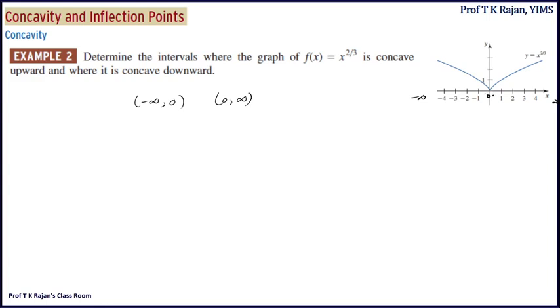It is just like a cusp point. We call it a cusp. It is again concave downward. This portion is also concave downward, and at this point f double dash does not exist. Such a point we will call later the cusp of the curve. Concave upwards, concave downwards. This is concave upwards, this is also concave upwards, but there is a point here where f double dash does not exist. This type of point we call a cusp later.